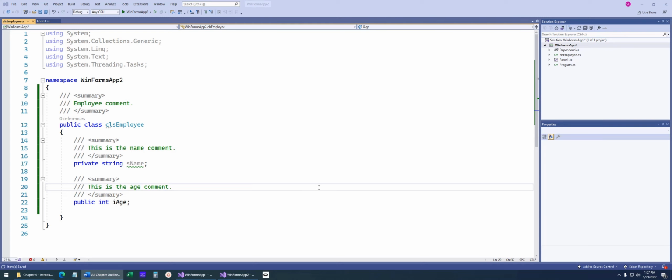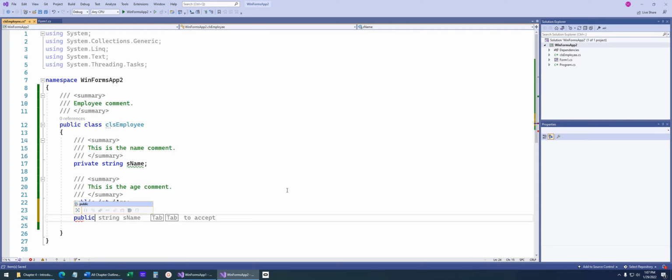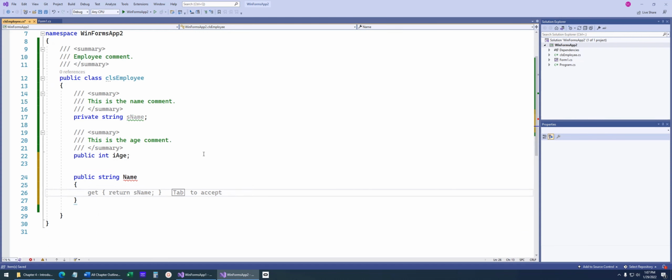So maybe we want to be able to access this data from outside the class. In order to do that, we have these things called properties. So I'm going to say public string, and instead of sname, I'm just going to call it name. Now, a property is kind of like a method, but it just allows you to control access to your